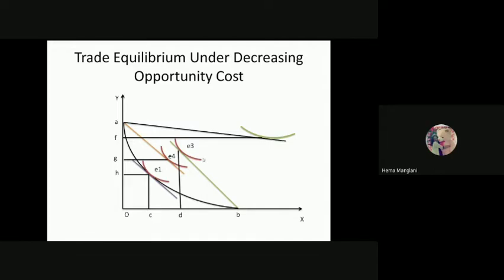Can anybody tell me, by opting for this B point instead of A point, the country would reach a higher indifference curve? So E4 is definitely an inferior position for this country to opt. It means they should not produce at a position, or the production possibilities should not lie for this country, at the position of A. So can anybody give me the idea about it? Why is this country getting more benefits and welfare at the E3 point?